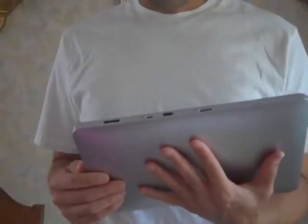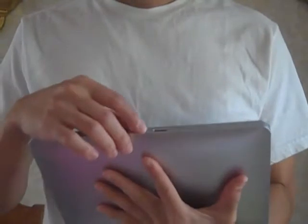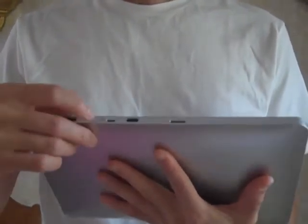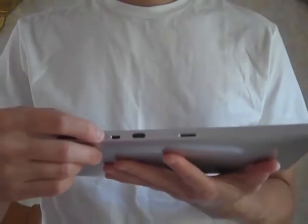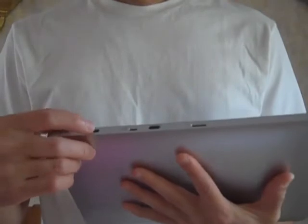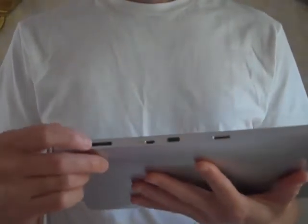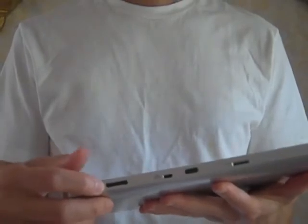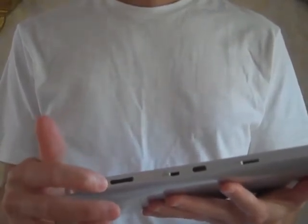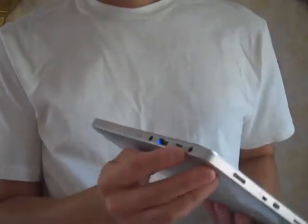Just to quickly go over what's on the sides here. This is the micro SD card slot. Power button. This is for an Ethernet adapter, which was included. This button here presents the menu button. This one presents pretty much like a task manager that shows all the open apps, and you can switch to those apps accordingly. On the side here is the